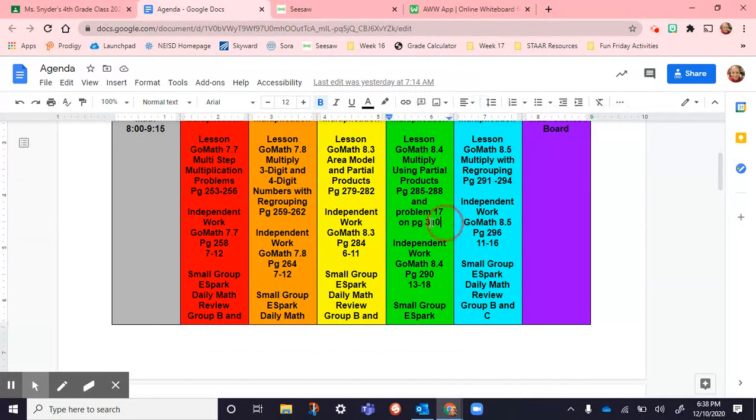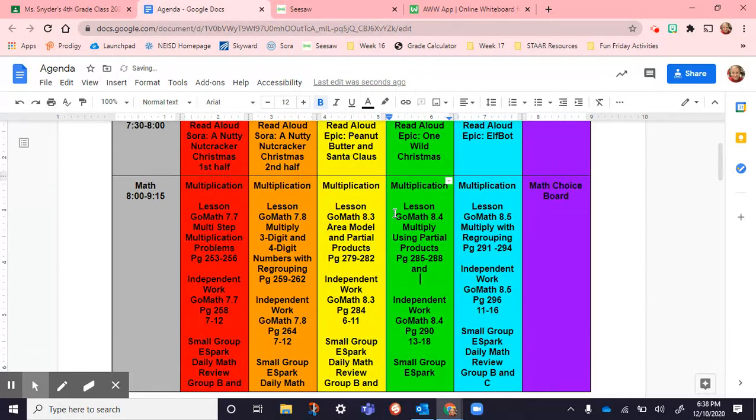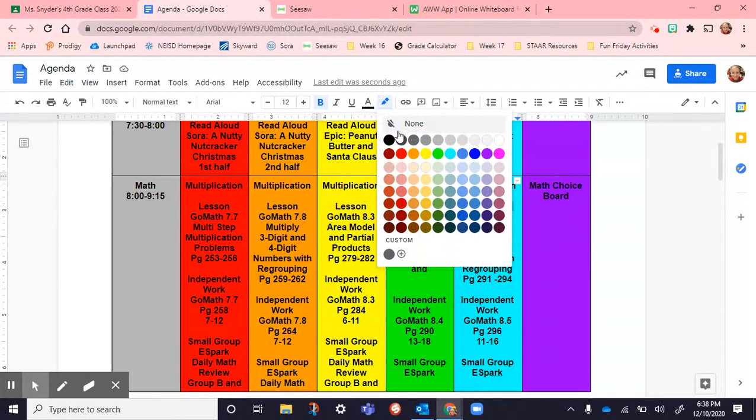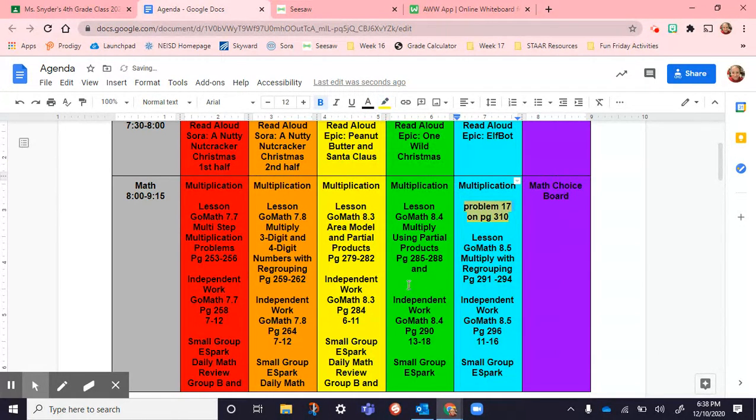I forgot this one. Let me move this to tomorrow before I forget, because I forgot to show that today. Highlight it, make it stand out. All right. So independent work was on page 290, 13 through 18, and then students did eSpark and their review when they